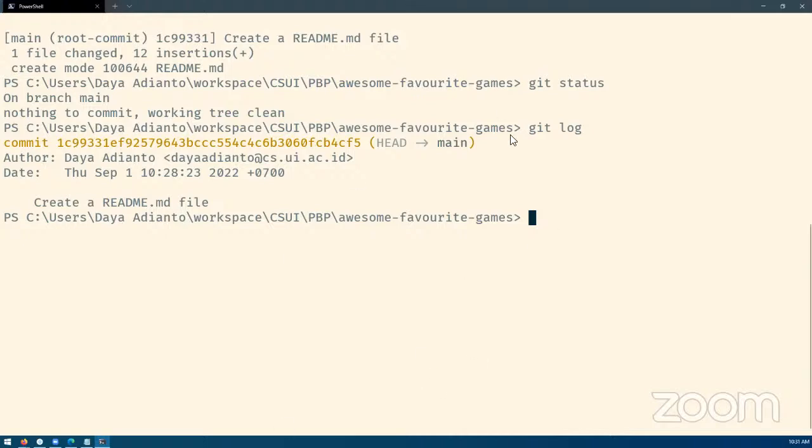But before that, let me simulate that case locally. So let's say I'm going to work on the source code in my own copy, and then the next person that I'm collaborating with will also use the same PC as mine to make changes to a file. So let's say I'm going to